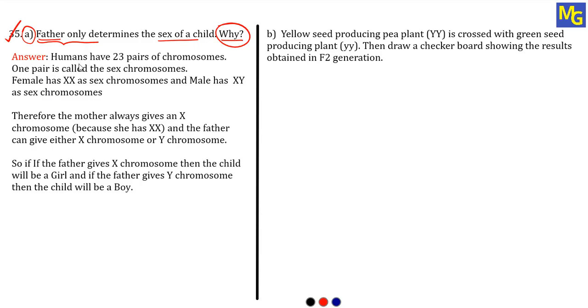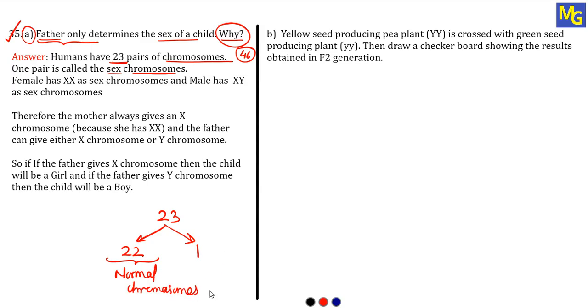So see the answer. Humans have 23 pairs of chromosomes. So the total number of pairs of chromosomes is 23 in human beings. Individually, if you count, there will be 46 chromosomes. In terms of pairs, it is 23. Out of these 23, one pair is called the sex chromosome. These 23 pairs of chromosomes are divided into 22 and 1. These 22 are the normal chromosomes. Remember, these are the normal chromosomes which are responsible for all the characters transferring from generation to generation,